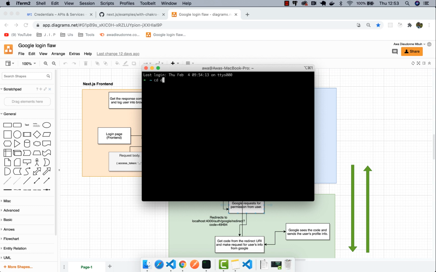So let's go into desktop, and I'm going to make a directory. I'm going to create a folder called auth example, or what do we call it? Google OAuth, Google Express, Google Express OAuth. So let's cd into it,